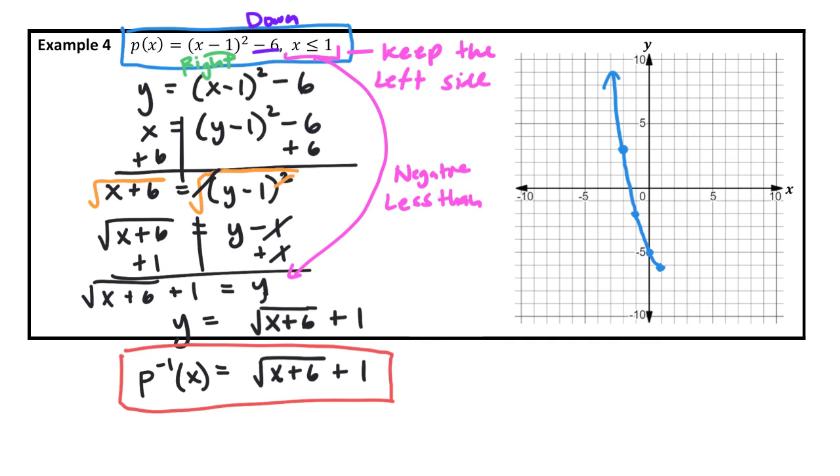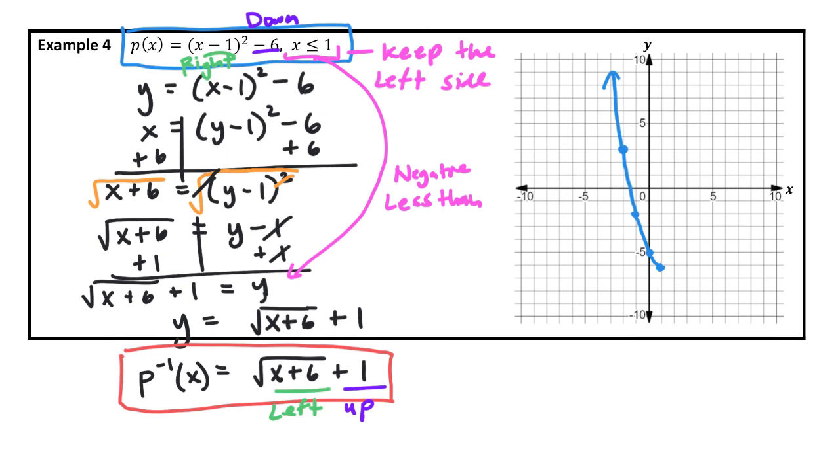And so let's graph this one. So this one's saying go to the left 6 and go up 1. So if I go to the left 6 and up 1, it's going to be,